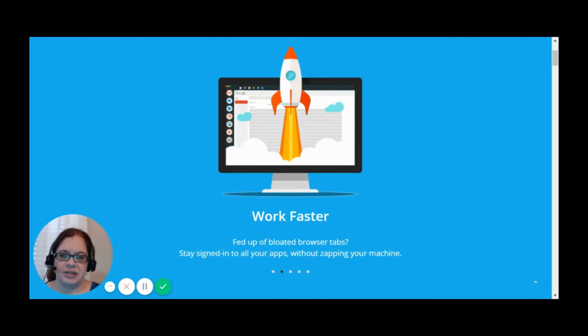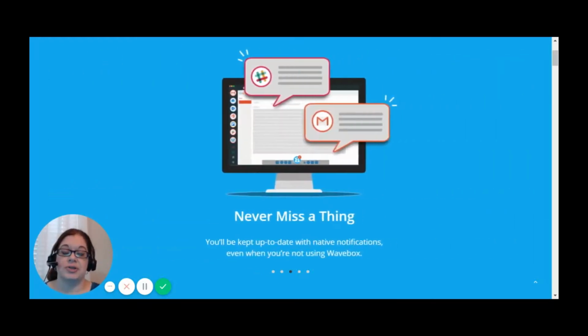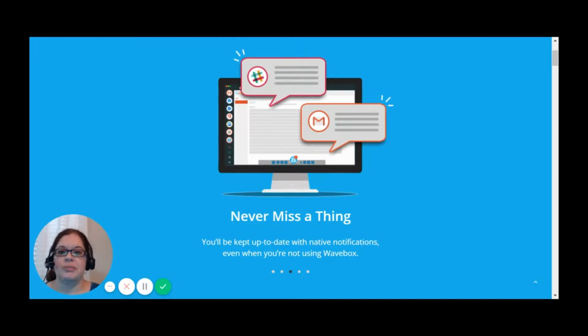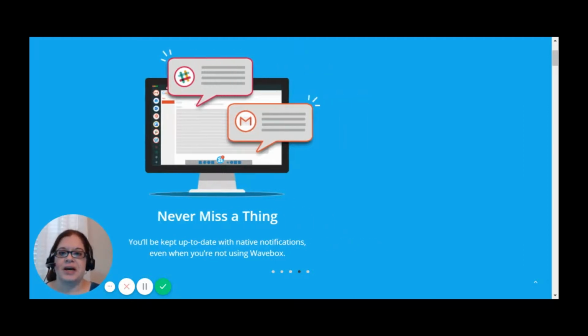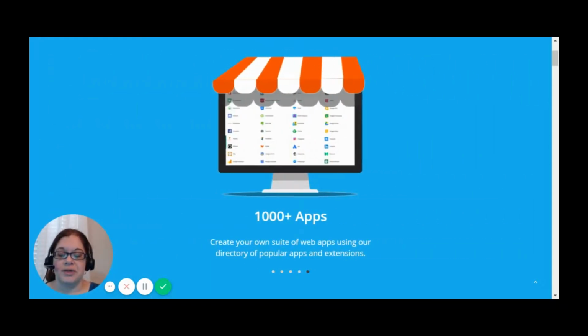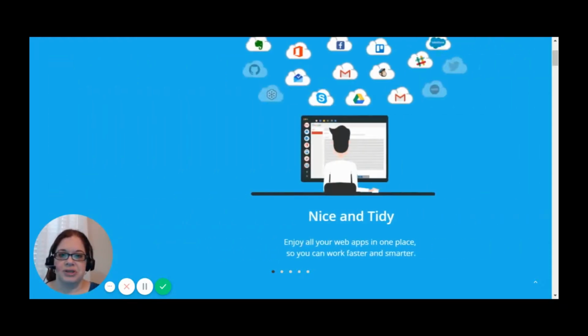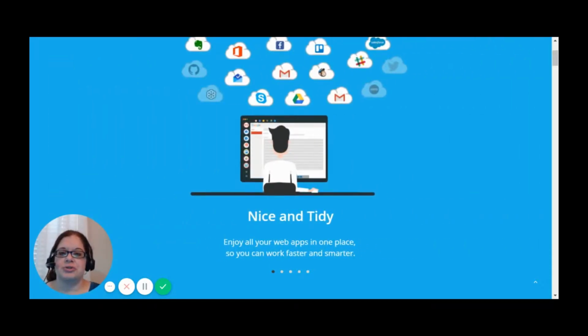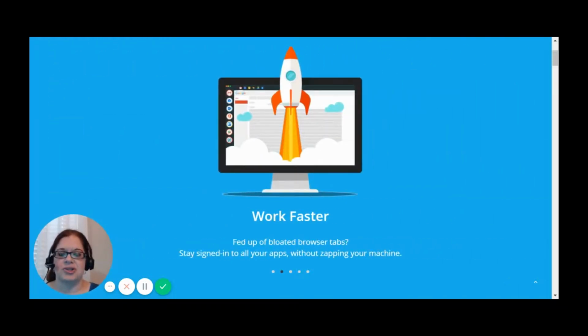Now, ultimately, I decided to not use WaveBox, and I'll tell you why. There's nothing wrong with the service. I think it's great, but for specific people. Now, I do work in the browser a lot. If I weren't so reliant on the Chrome extensions that I have in my Chrome browser, it would probably be just fine for me. So if you're not using things like I have, my LastPass extension in my browser,